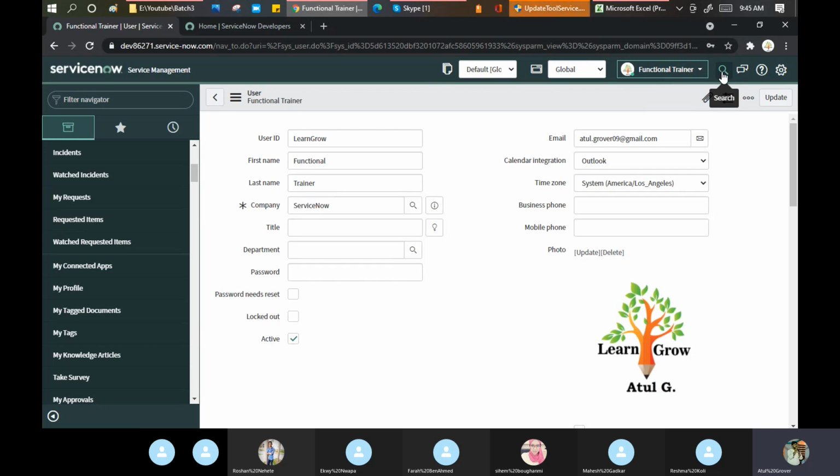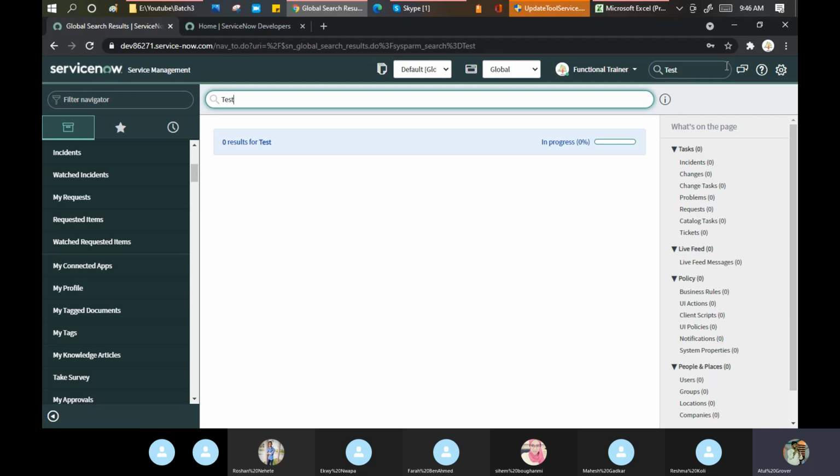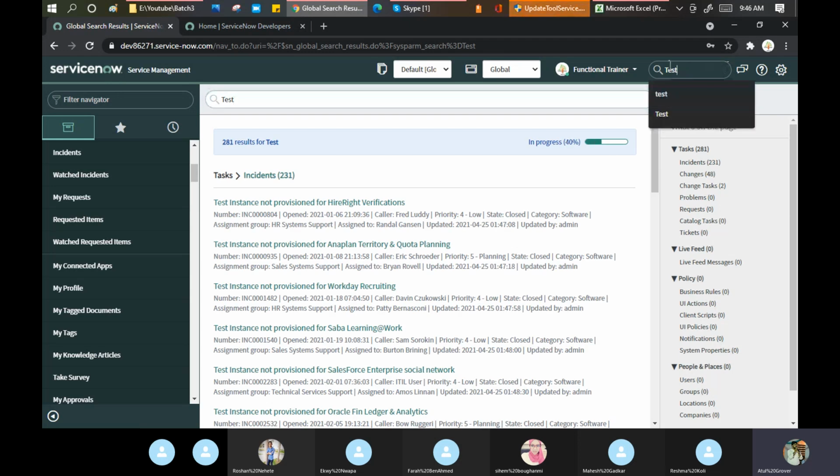Now I come to the point of why it is called the global search. If I open here and write the word test, it will search this word globally.